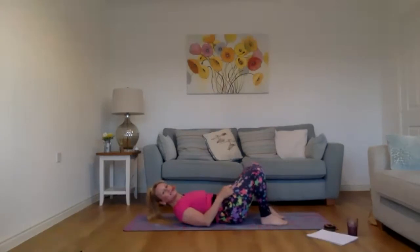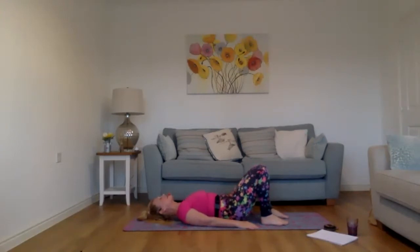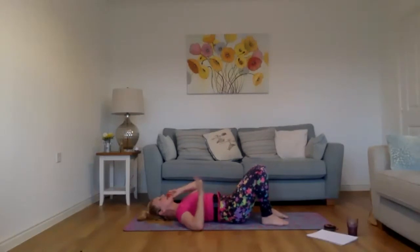Okay, so knees and feet are hip width apart, head down, arms down by your sides. Okay, let's try and relax your shoulders. And knees and feet are hip width apart. Try and be neutral pelvis, which means you don't excessively press the lower back into the mat. Just allow your lower back to hang naturally in the same position that it is in when you're standing up,